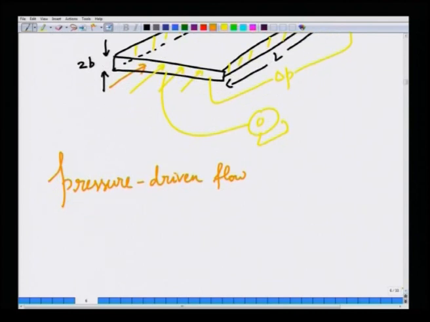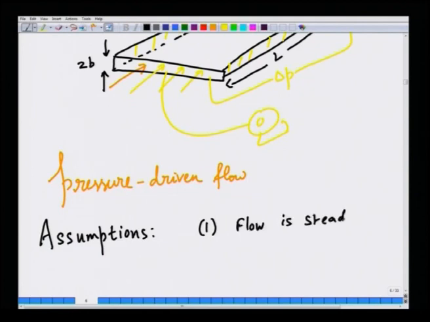Okay. So, this is an example of what is called a pressure driven flow. Now, we are going to make assumptions which will make the problem tractable. The assumptions are, namely, that the flow is steady. Now, this assumption is again a physical assumption, just as before: when your applied pressure difference is independent of time, then you would expect reasonably that the flow inside this channel is also independent of time. Okay. The flow is steady,